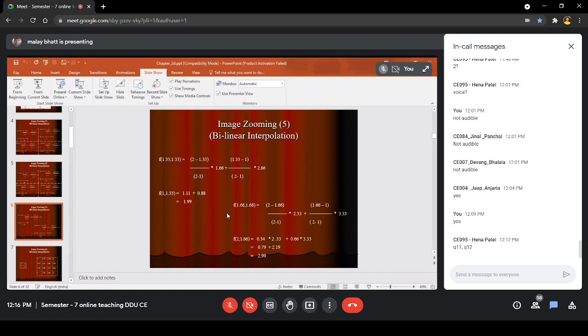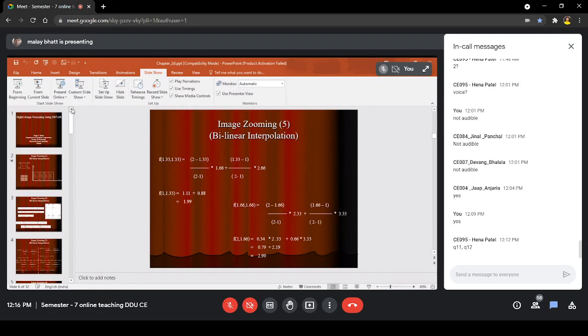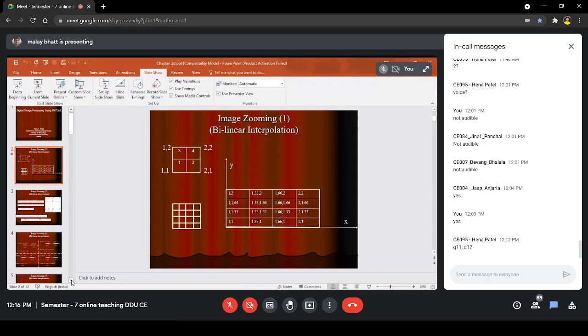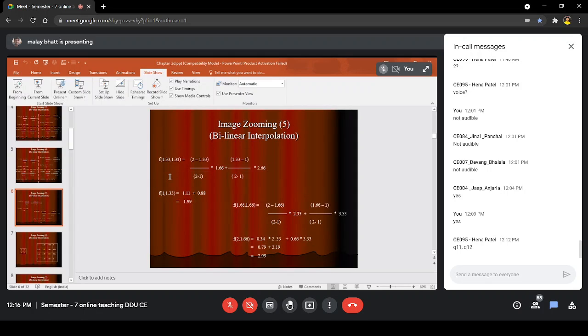So your 4 points here are 1.33, 1.33; 1.33, 1.66; and 1.66, 1.66. So this is how you can calculate the values of these 4 points.